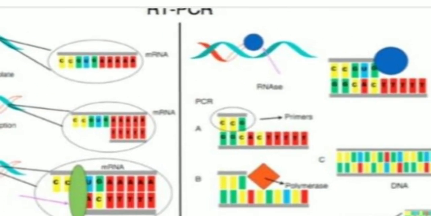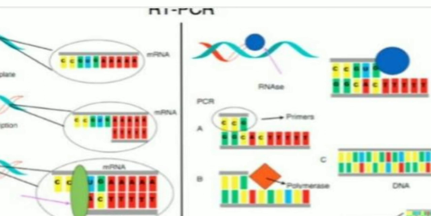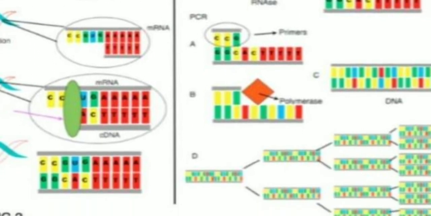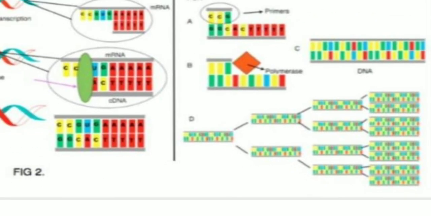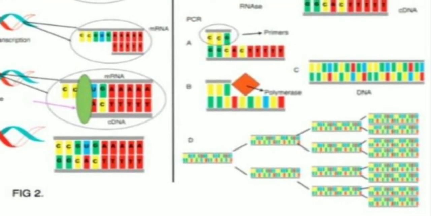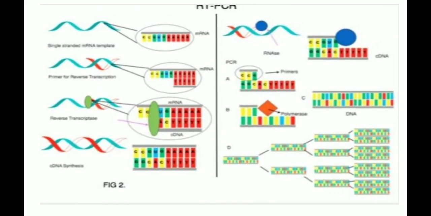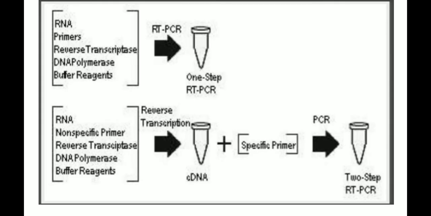Then what happened, the RNA transcriptase enzyme acts. Then primers, how they add into that, like similarly like the processes denaturation, annealing and extension, and lastly you'll get the amplification. In this process the difference is that they use a complementary DNA as a template for amplification of DNA, right. So with this RT-PCR you can also amplify RNA, right.